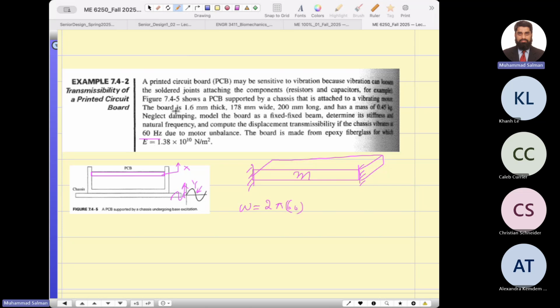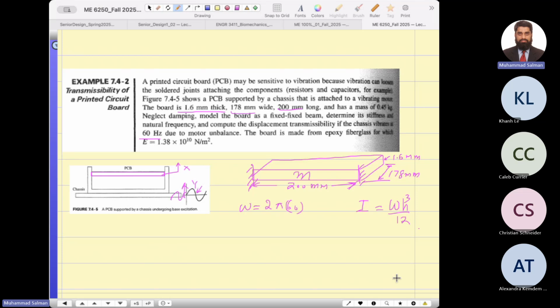So the board is 1.6 meters. So how thick is it? It is 1.6 millimeter thick and 178 millimeter wide. How long is it? It is 200 millimeter. Oh, and this is very useful information for finding out the moment of inertia, which is WH cubed